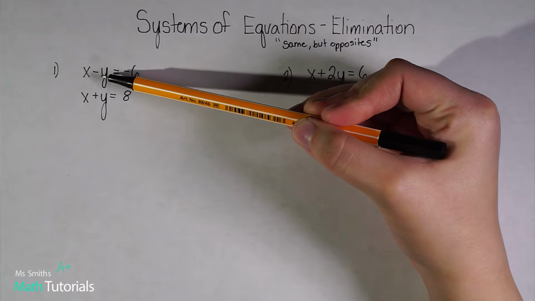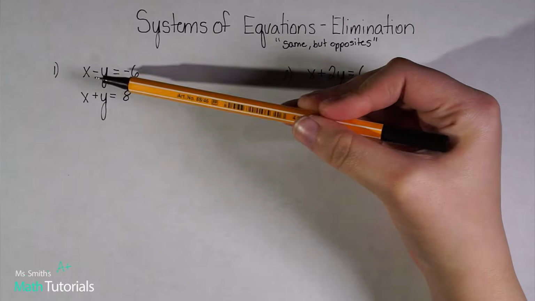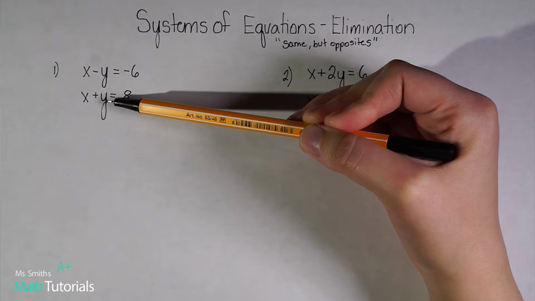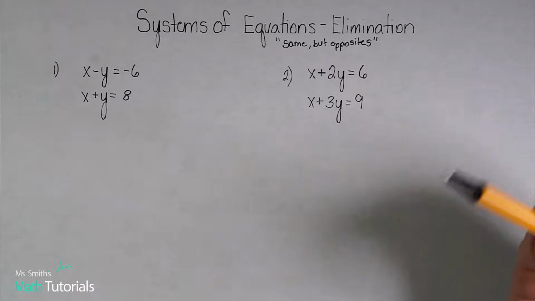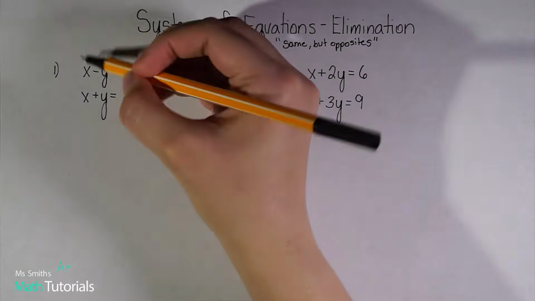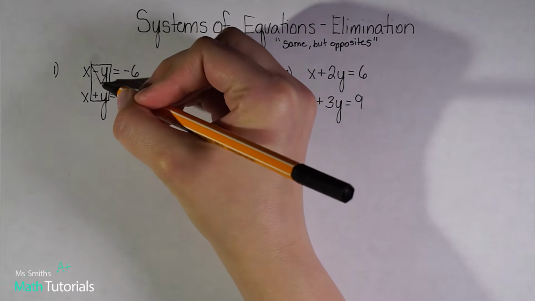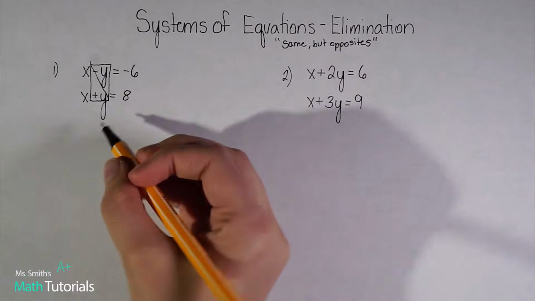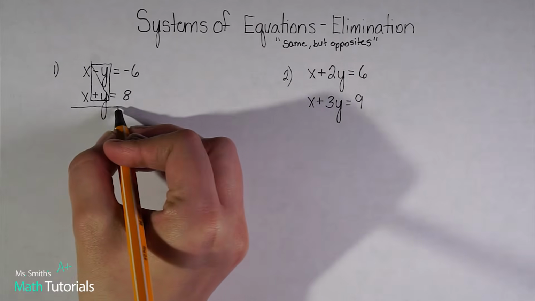My y's both have a coefficient of 1, so same number, and they have opposite signs. This one's negative and this one's positive. This is what I call a perfect elimination situation. So once you've found your same but opposites, you want to box them and cross them out. So that means that we are eliminating that, aka the elimination strategy,